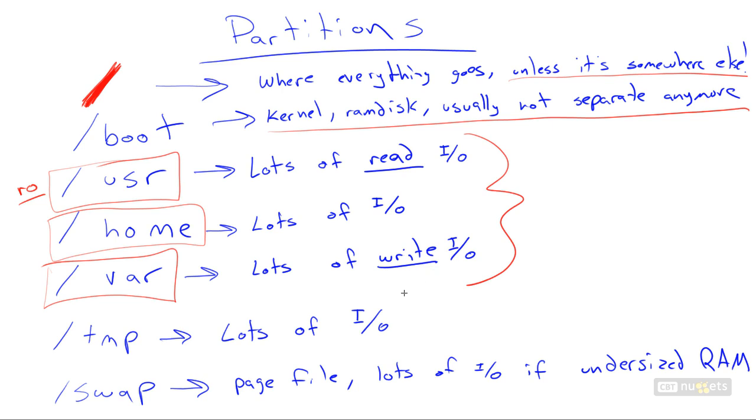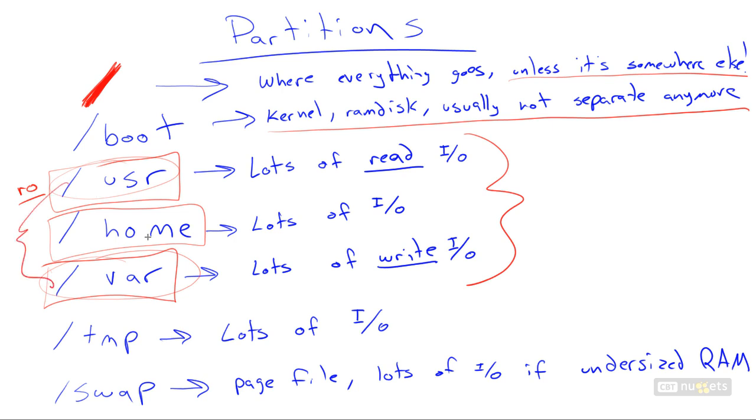So a crafty sysadmin says, I only have 2 drives, and I know that the home partition is just going to get hammered with my users writing and reading constantly. Well, maybe I could put the user partition and the var partition on one drive. That way it's doing both reading and writing, but since this one writes more and this one reads more, and a SCSI drive can do reads and writes simultaneously, maybe that's a way I would efficiently use my disks. Do you see how these two maybe would be tied together,